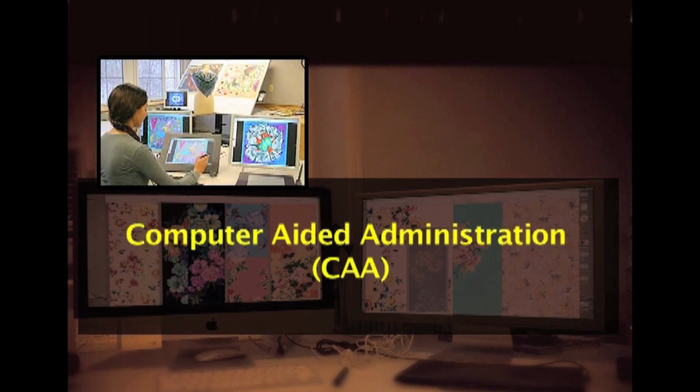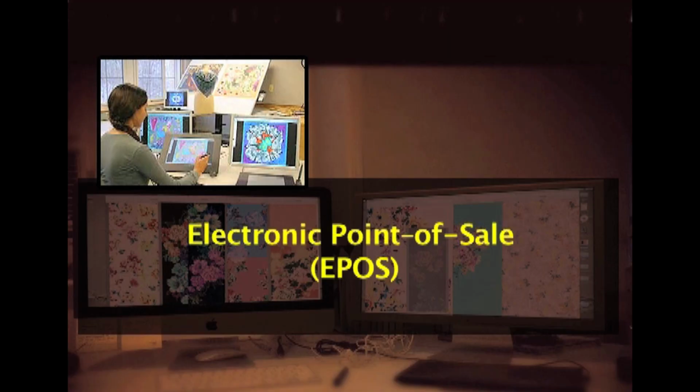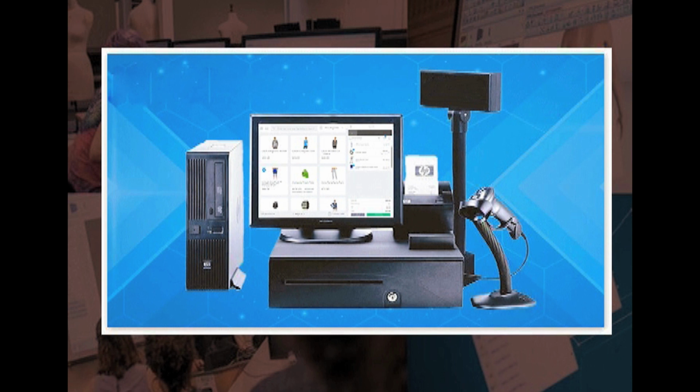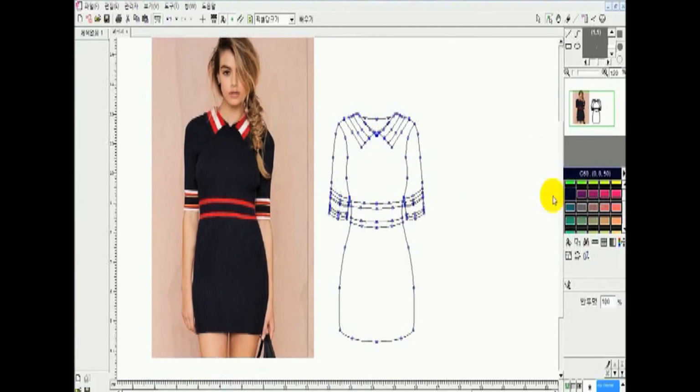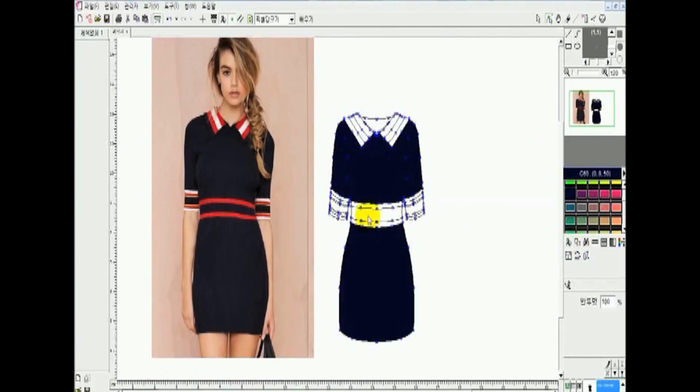Computer integrated apparel manufacture is a specific system developed to automate the process of apparel production. The entire production process is controlled by computers, with an approach to speed up the production process utilizing the real time benefit. Computer aided administration is a custom based computer system developed for each industry based on their requirements, applicable for marketing, sales order processing and stock control. Separate subsystems aid in management of personnel and labor. Then electronic point of sale (EPOS) is a computer system that speeds up sale transactions and monitors stock levels. Apparel design software is a unique software meant for designing and production of apparels.